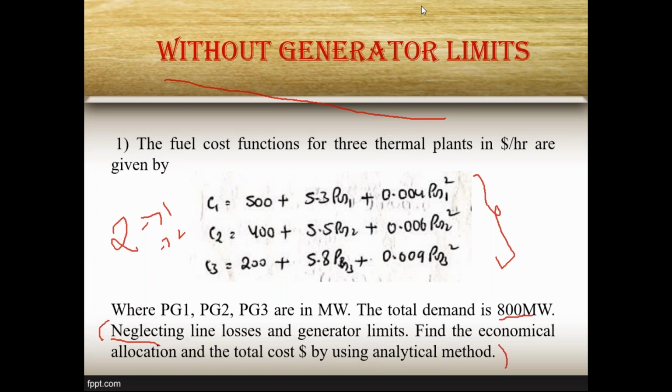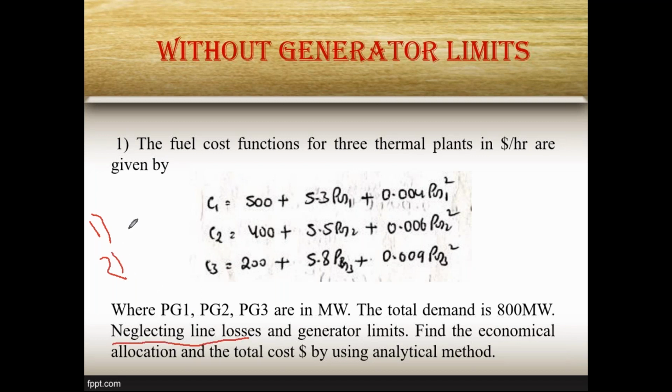So we have three methods for scheduling. Out of three, the first one is called the normal traditional method, and the second and third are called analytical methods. Just remember these 2 points. One is that they are neglecting line losses, which means this belongs to the second method of scheduling, and generator limits also we have to neglect. So it is the second method, first case. So just note down this question.